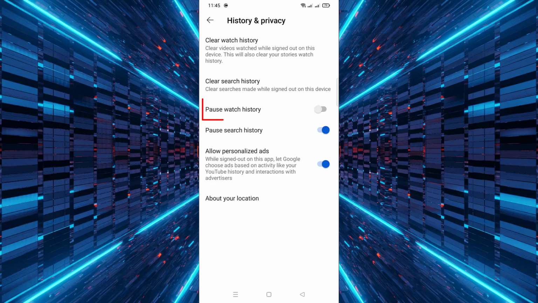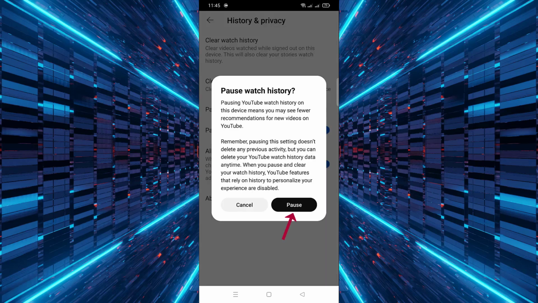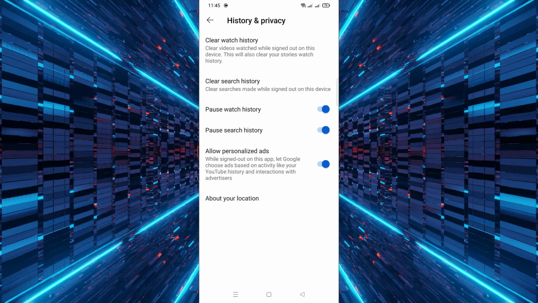In this menu, find the option labeled Pause Watch History. Toggle the switch to enable this setting. A confirmation prompt will appear. Tap Pause to confirm your action. That's it. Your watch history is now paused, and YouTube will stop recording videos you watch until you turn it